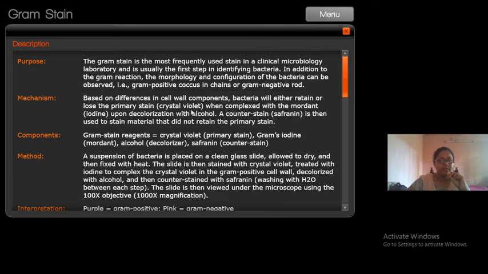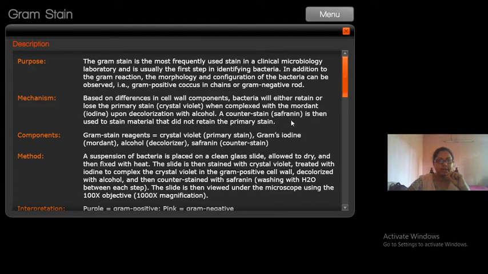After the first step of crystal violet, we do decolorization. In the decolorization process, the decolorizer is unable to remove so much crystal violet from the thick peptidoglycan layer, because it is completely saturated, and it is very difficult for the decolorizer to remove all the crystal violet from it.